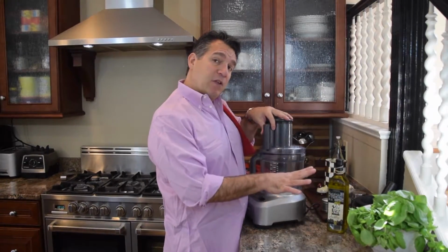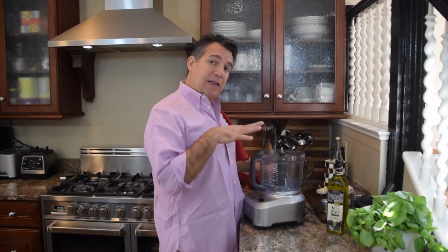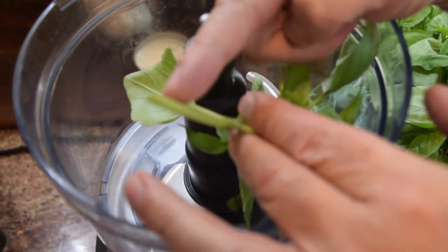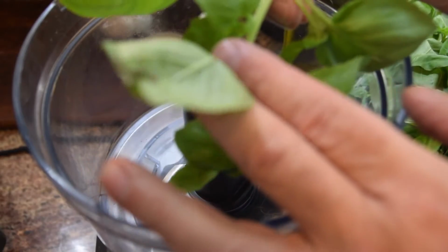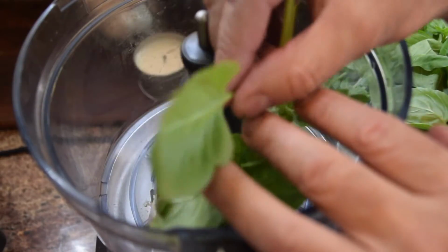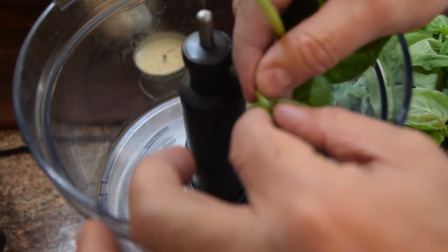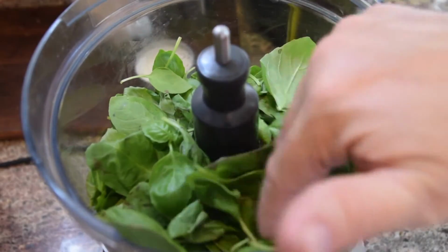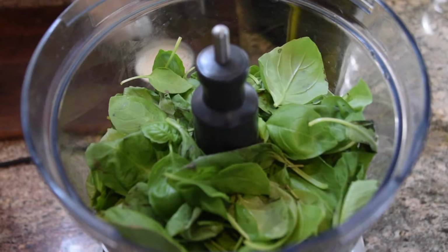And I've got my basil cleaned. I washed everything and cleaned it, dried it. Guys, real important, when we're adding the basil, the stem is gonna add a lot of bitterness to it. So we wanna add as much and only the leaves of the basil. So real simple, I'm just gonna break it off and add each leaf individually. Okay guys, I got over 2 cups of basil ready to go